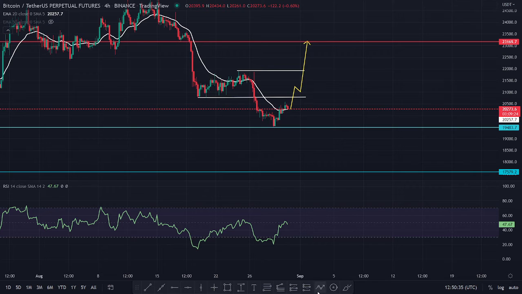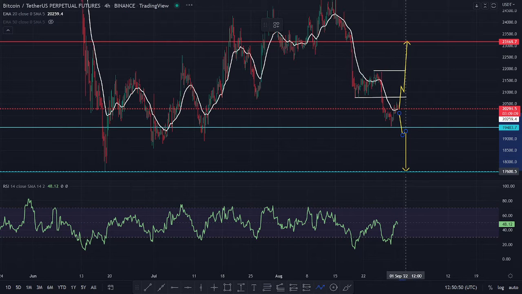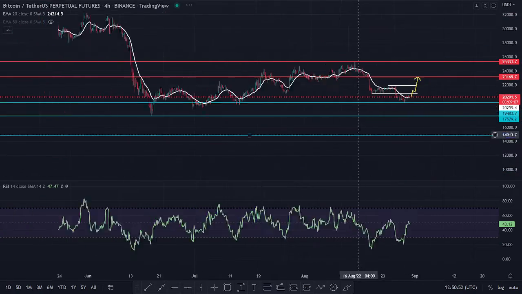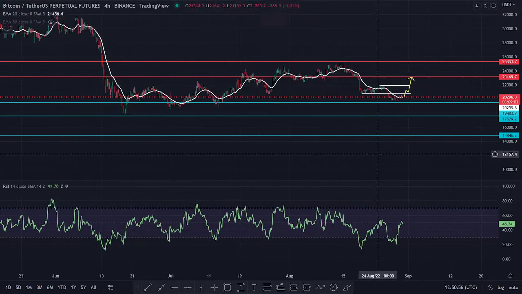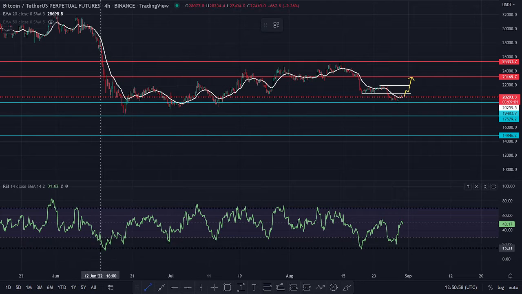And the worst case scenario, if Bitcoin doesn't go above and finishes its retracement right here, and breaks below this 19,483 mark, this mark right here, and a small term retracement, you can actually expect Bitcoin to go to this $17,000 mark.